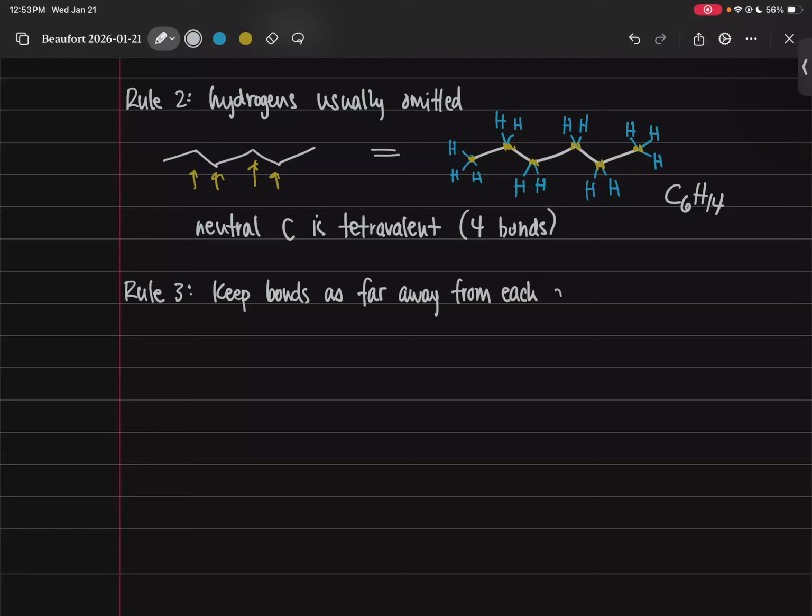Okay, this rule I have been following, but I haven't explicitly told you about it. And that is, well, this really has to do with VSEPR theory, and it sounds like VSEPR theory. In VSEPR theory, all the bonds are trying to stay as far away from each other as they can. And so when you're drawing skeletal structures, you should at least somewhat try to adhere to that. So I'm going to use an extreme example, and that is